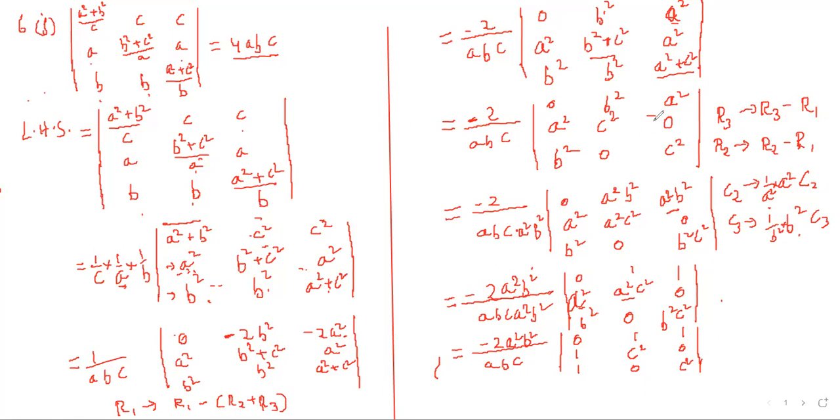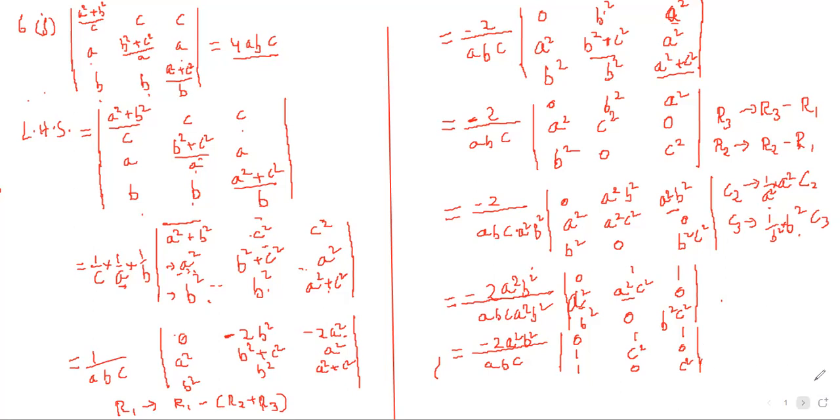And it is very clear that whenever there are different elements in all the rows and all the columns, we have to perform some action so that they can be equal. For this, if you multiply column 2 by a square, it becomes a square b square. If you multiply column 3 by b square, it becomes a square b square. And if we take a square b square common from this, it can be written outside. So it is 0, 1, 1. Now we can bring zeros also. Now a square, c square, 0 have also a square common. So first, from the second row, we can take a square common. From the third row, we can take b square common. So the final result is 0, 1, 1, 1, c square, 0, 1, 0, and c square.